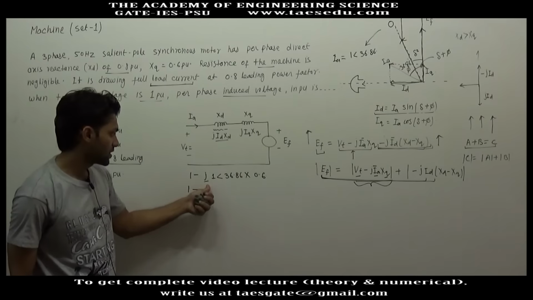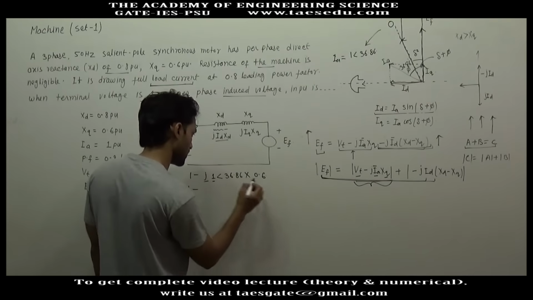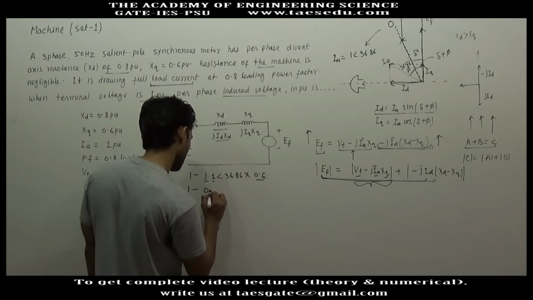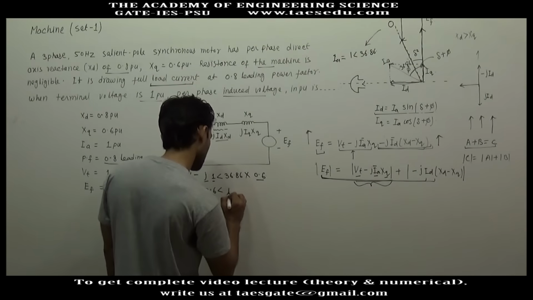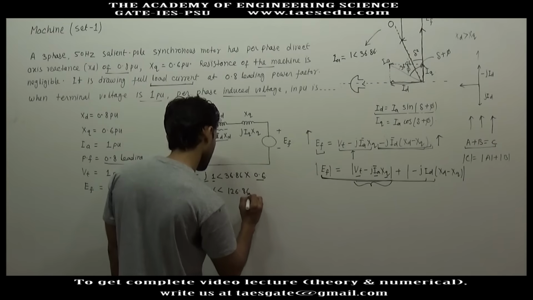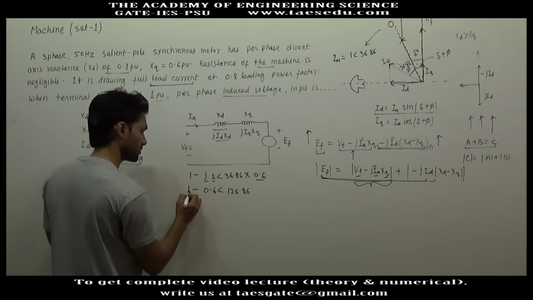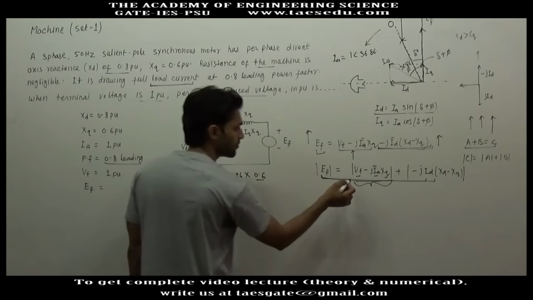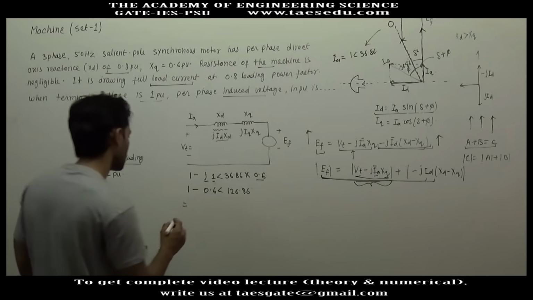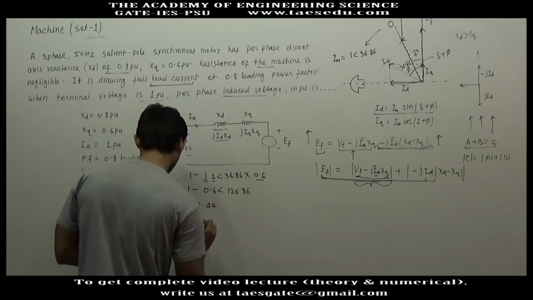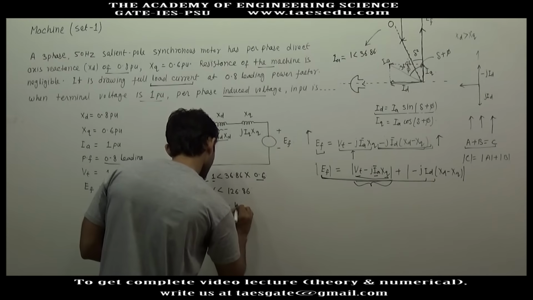Angle of j is 90 degree. So this 90 degree will be added to 36.86, and 1 will be multiplied with 0.6. So we have 0.6 angle 90 plus this, 126.86 degree. Okay, so this is the value of Vt minus jIaXq. If you will solve it, we will get, this will be 1.44 angle minus